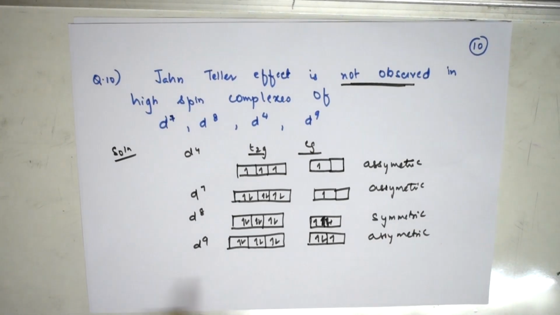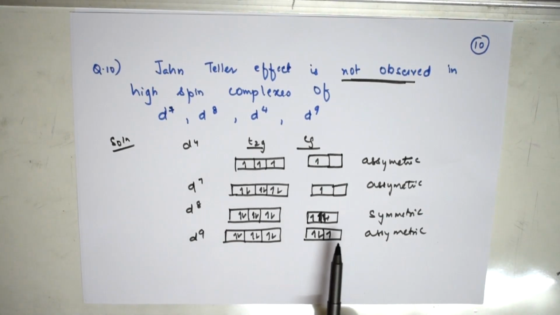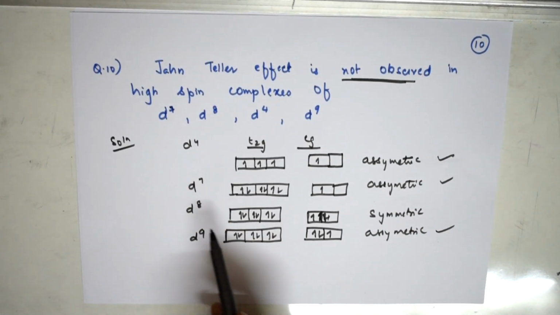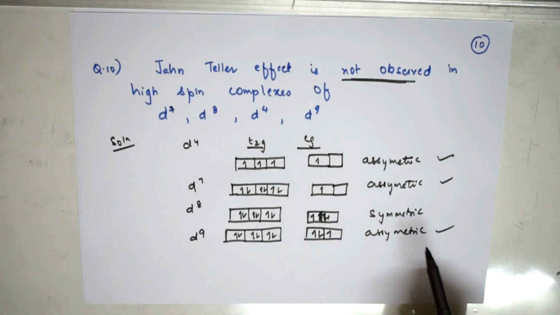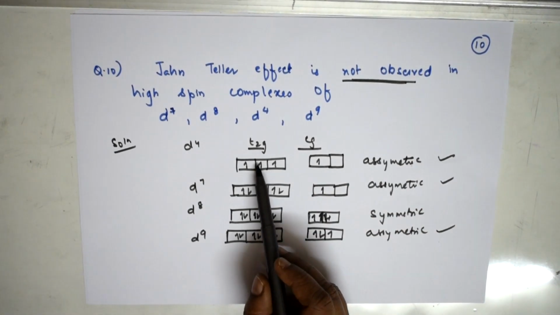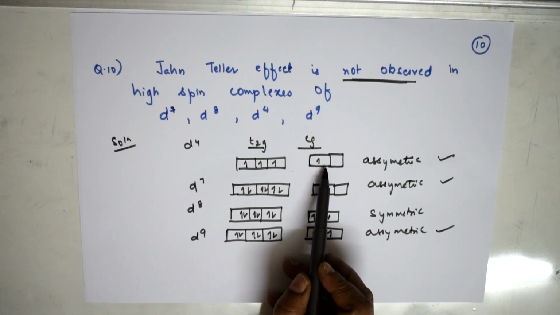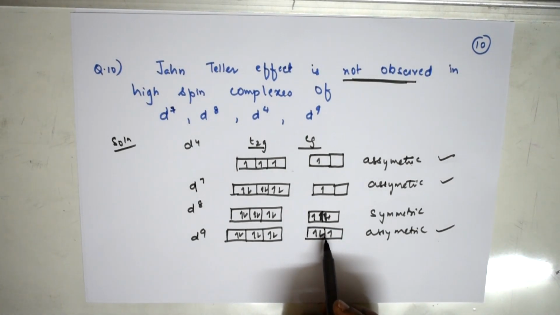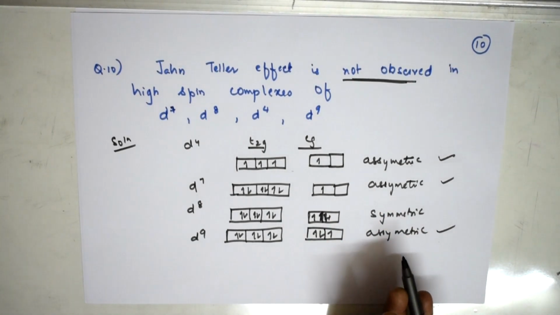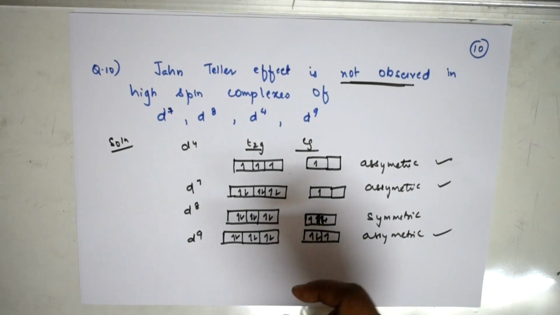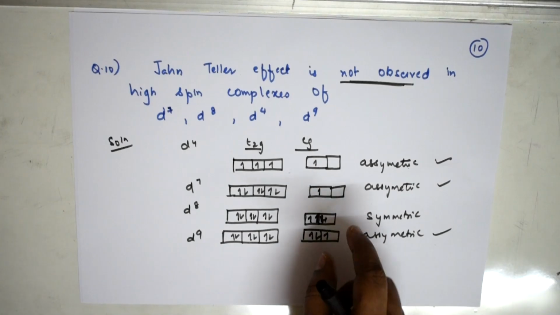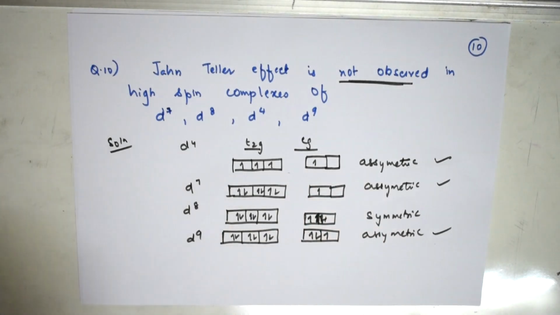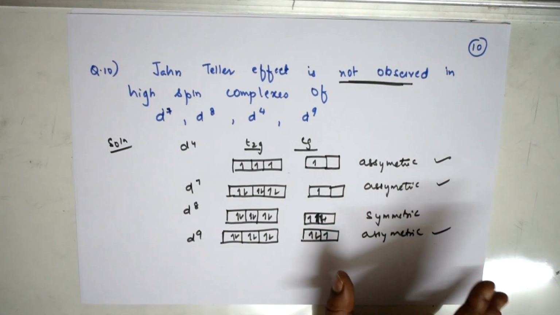Now see, what is the Jahn-Teller effect? Basically, Jahn-Teller is asymmetric filling. See here, this one, this one, this one: d4, d7 and d9 are showing the Jahn-Teller effect. Now the definition: the Jahn-Teller effect is an asymmetric filling of eg orbitals. What will happen because of this? It results in the ligands, whatever ligands you're adding, starting to ripple. And because of this, there is distortion in the octahedral complex, the shape would be distorted.